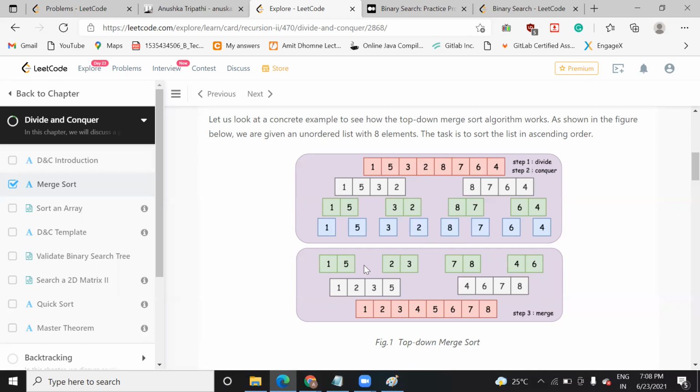Okay, I was going to ask that. In 1 and 5, they have seen that 1 is smaller and then 5 comes, so they have just merged 1 and 5. In 3 and 2, 2 comes before and then 3. Then how did they merge this 1523? They have to compare it, but their comparison is reduced to these two only, right? Comparison is not going over all the elements.